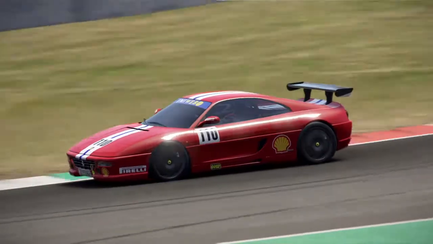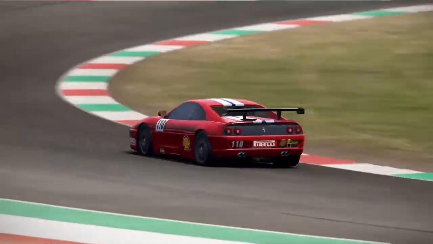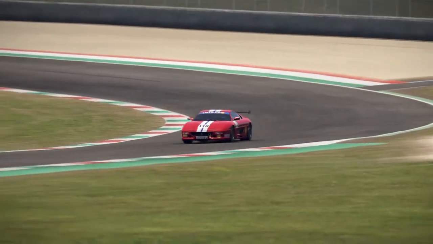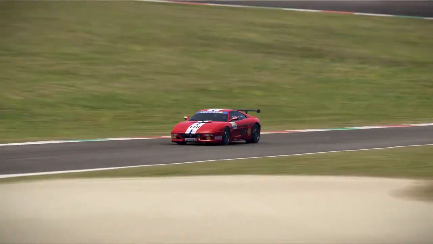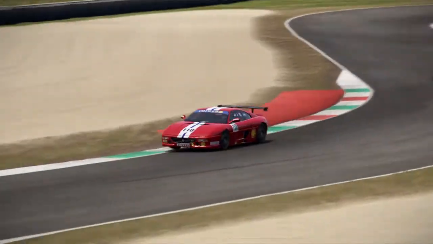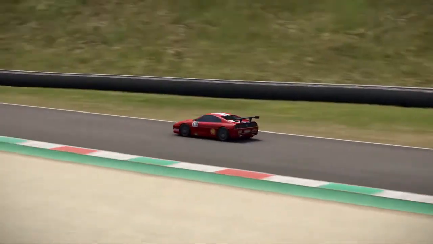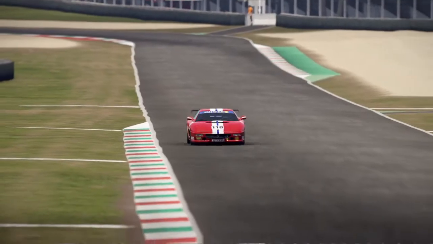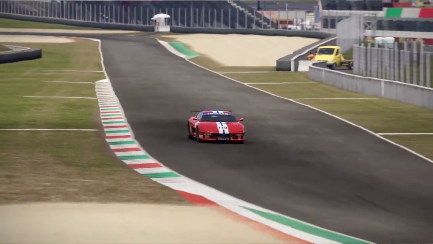Next up, we have the 2001 Ferrari F355 Challenge, or the F355 Challenge, however you want to say it. I think this is possibly the most unique car in the pack, and probably my favourite. Now, it's not super quick. It's fairly quick, of course it is. It's basically a Ferrari race car in a way,